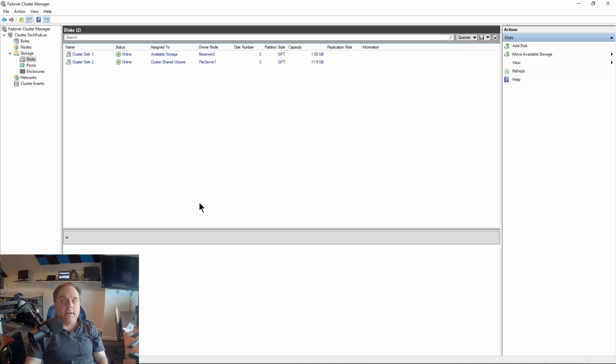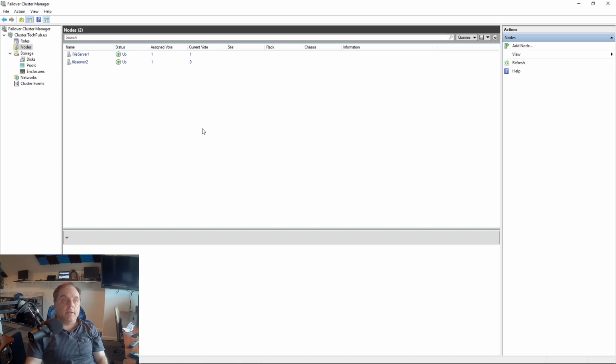When we have an even amount of nodes in a cluster, as we do here, we see we have 2 nodes in our cluster. They're both 2019 servers. And what can happen is if we have an even amount, sometimes those nodes can fight over who's in charge. So what we want to do is add a witness, and that witness will take a vote,